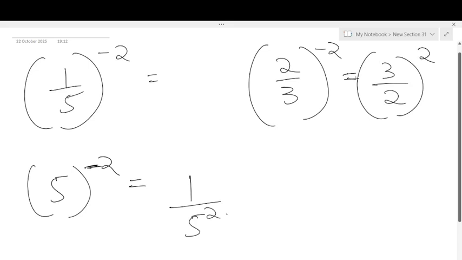Okay. So this is how you solve, students. So what's the answer? Then open the bracket, what do you get? 3 square divided by, what is 3 square? 2 square is,